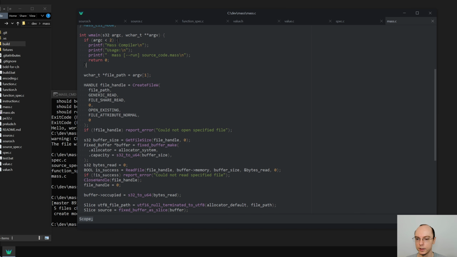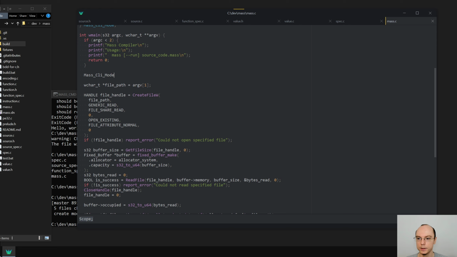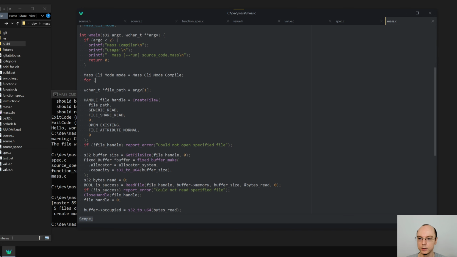We start with the mode being mode compile, and then what we will do is